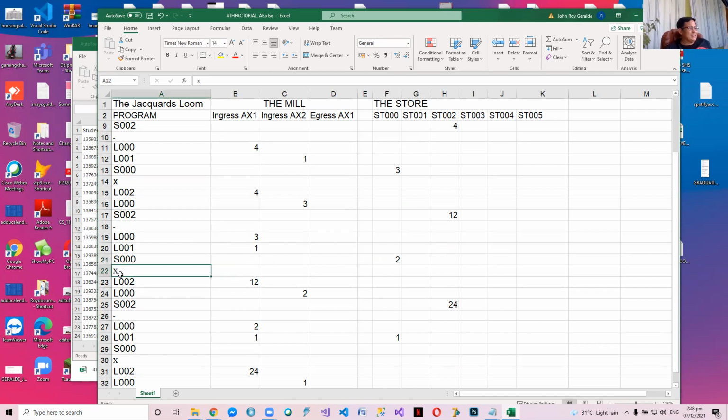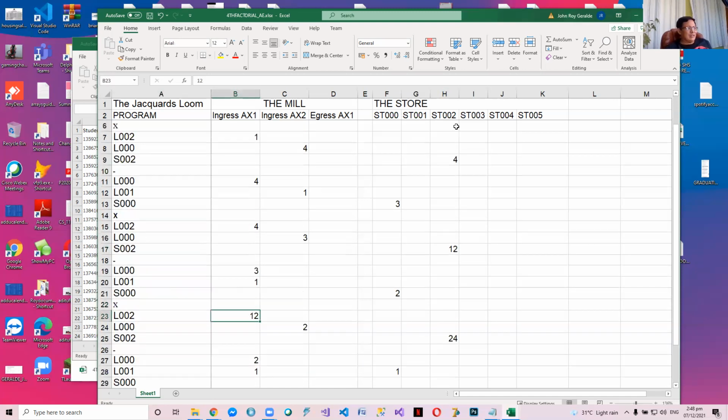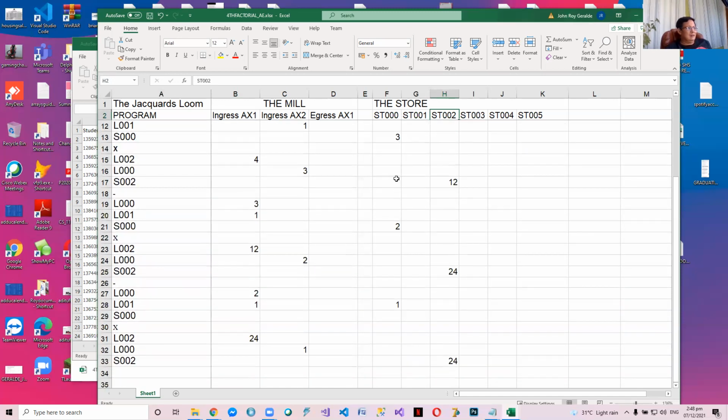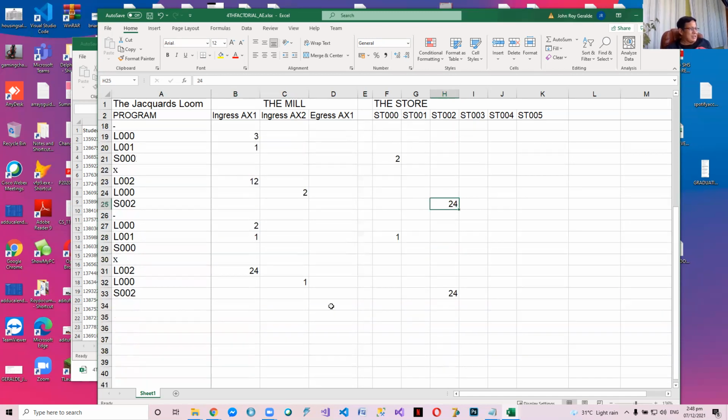So, now we do a times. The first thing we multiply is L002, which is 12, the partial product. Take note, 002 stores the partial product. 000 stores the next multiplier. The partial product is 12. We load 2. So 12 times 2 is 24. Do you follow? We repeat the same process until we reach 1. The final value is 24.